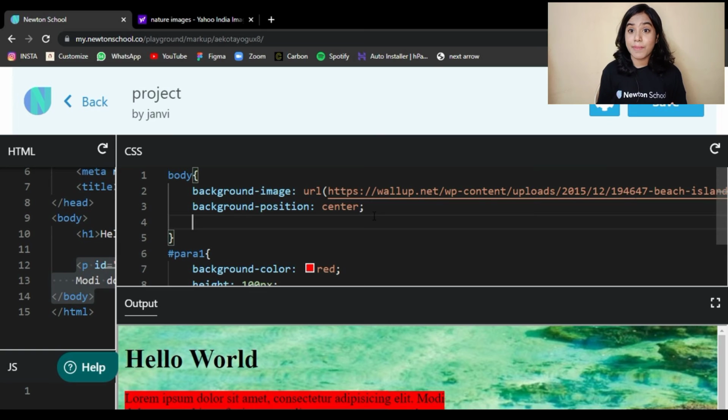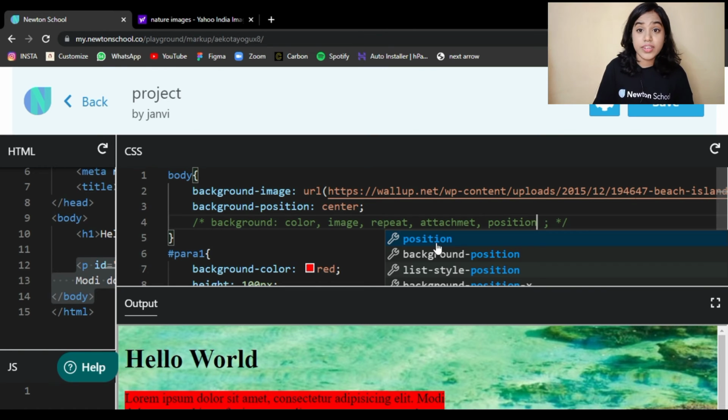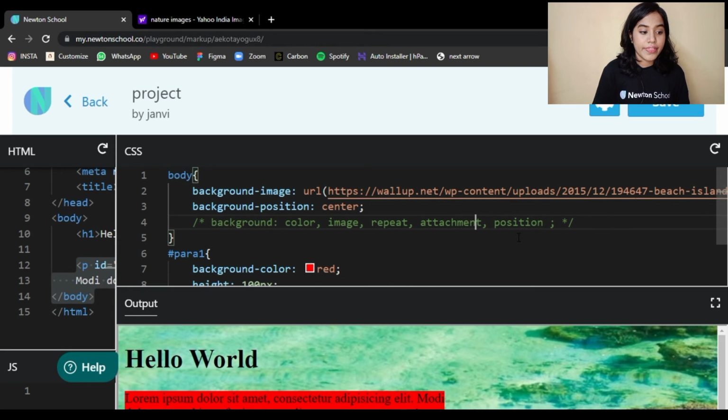But do you think writing this many lines of code is proper? These are too many lines. Is there any shorthand for it? Yes, my friends, there is a shorthand for this, and let us see how to write it. First we have to write the color, if there is any color, then image, then repeat or no-repeat, whatever it is, then attachment, and then comes position. So this is how the arrangement of the shorthand looks. If you remember the shorthand, it is very important in the long run. You don't need to write these long lines of code, and the shorter it is, the better it is. And this is how we do it.